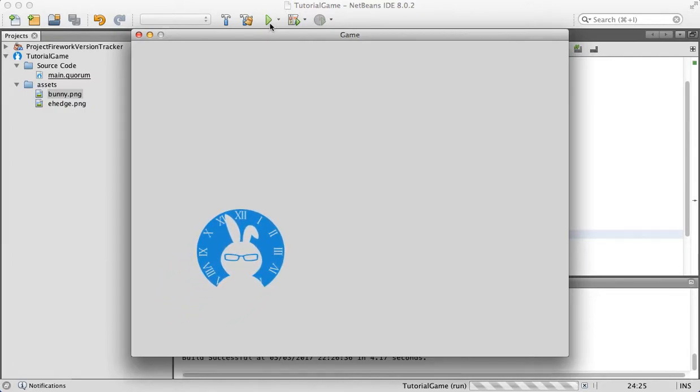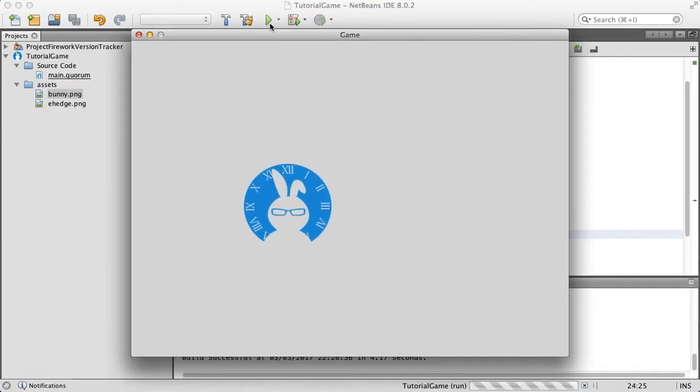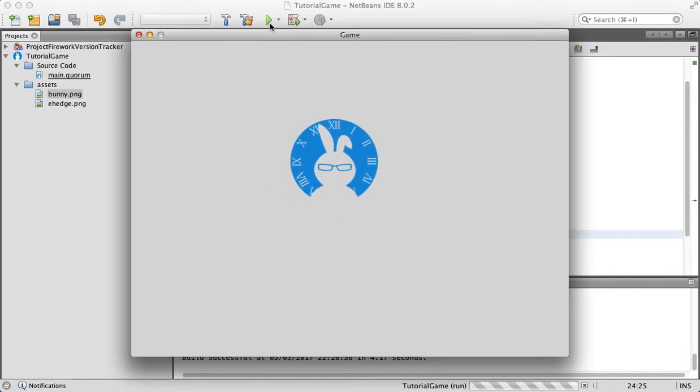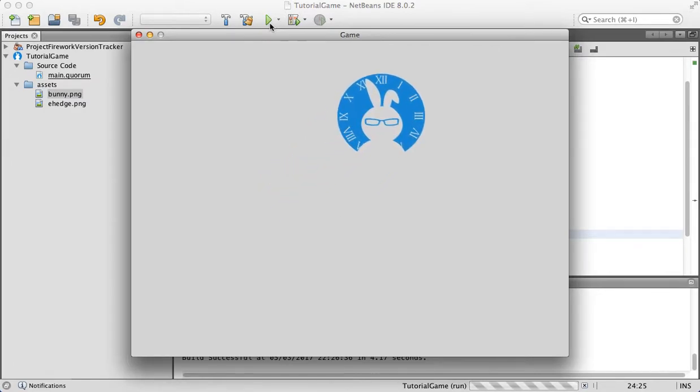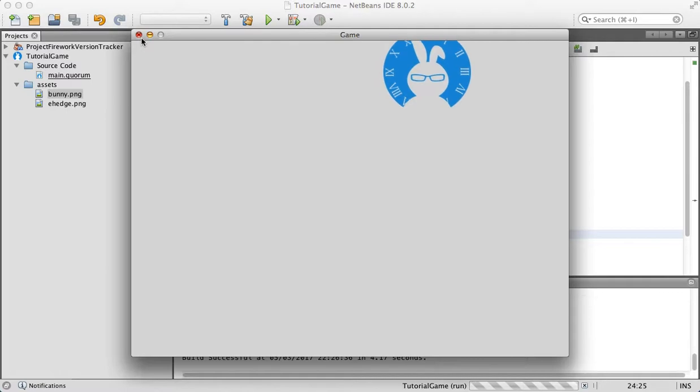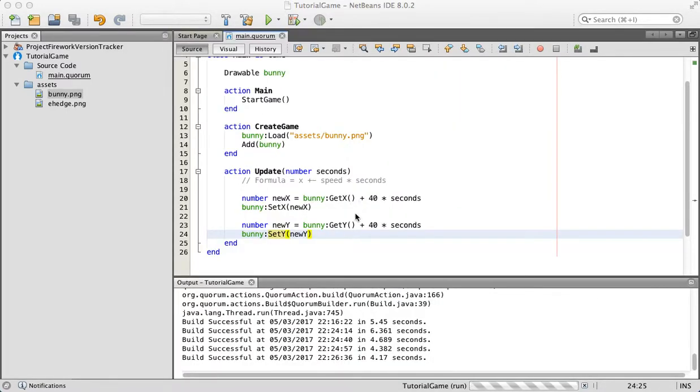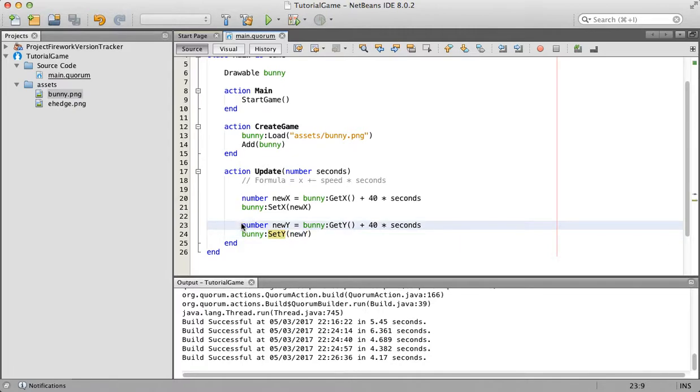And there it goes. It's moving up diagonally, just like we wanted it to. And I don't know about you guys, but that is pretty cool. Now the next thing I want to do is demonstrate